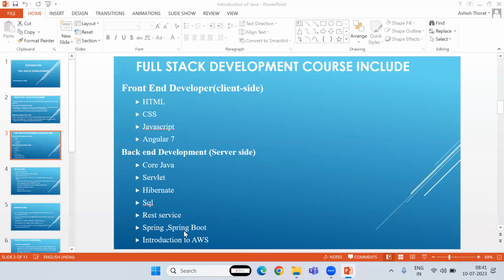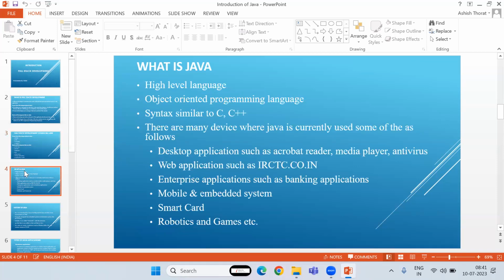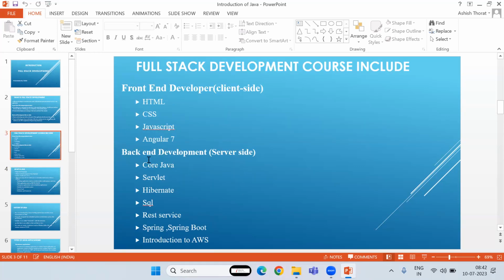So these are the list of things we will learn during our course. Now we have to give some introduction about Java. First of all, in this course, we will start with core Java. We will learn the core Java concepts. Once you are comfortable with core Java, then we will learn the other technologies related to core Java, like